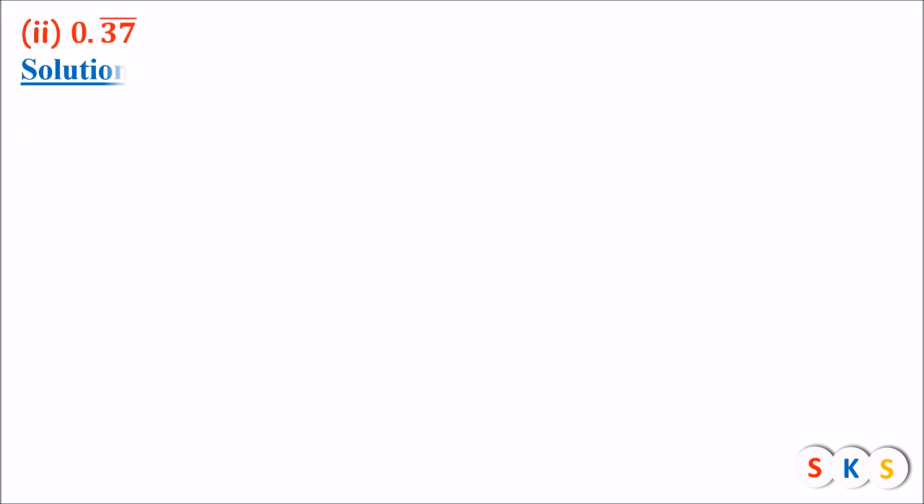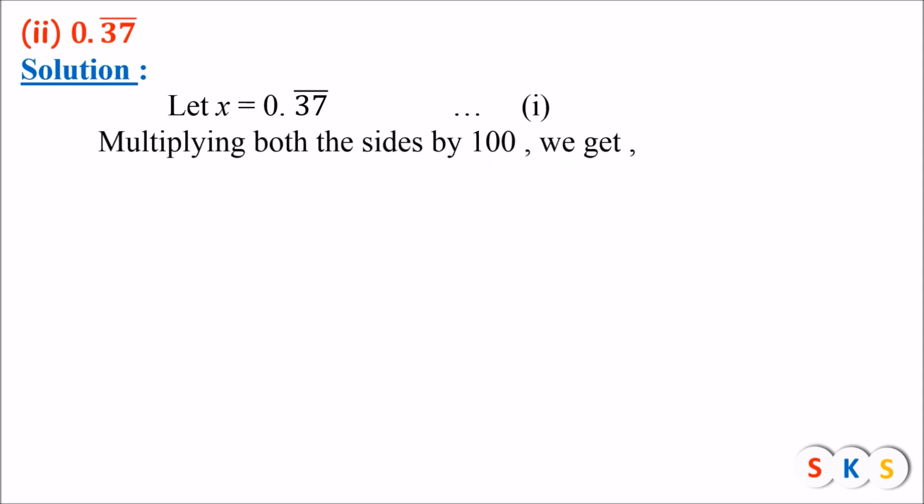Now here we have the next question, 0.37 repeating. It means it is 0.37373737. That means here a group of digits is repeating, and there are 2 digits in this group, that is 37, right? So 37, 2 digits, so we require 2 zeros, so we will multiply by 100. So x into 100 will be 100x, and